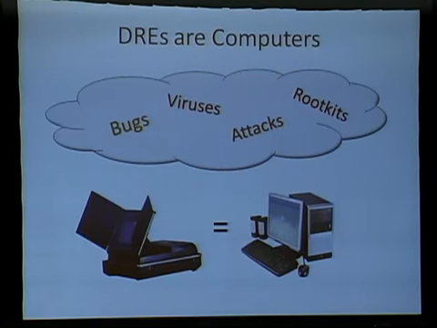But as we all know, a DRE is just a computer. If you open it up, you'll find a general purpose machine inside it. And desktop computers continue to suffer from many security problems despite billions and billions of dollars of investment. They suffer from bugs, from viruses, from hacker attacks. There are tools like rootkits that can be used to conceal malicious activity. And in a way, it would be a kind of technological miracle if these electronic voting machines, with so many similarities to desktop computers, suddenly weren't vulnerable to the same kinds of things.